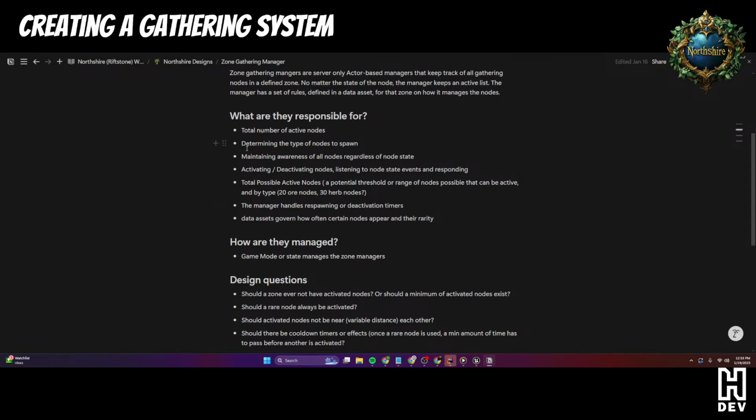And it'll be data driven. All the nodes will be actors that the designer or myself could go and place in the world, and as soon as they begin play, they register with the zone manager that they're tagged to, and once they register, they'll be deactivated on start, and then the zone manager will be responsible for